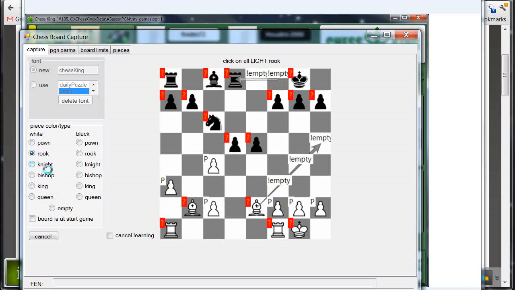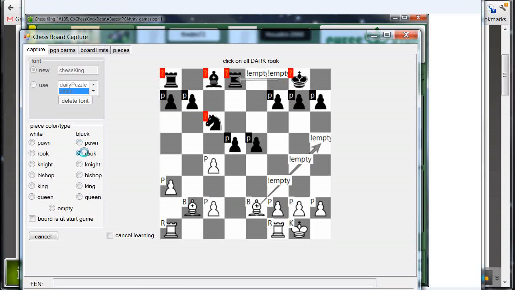And let's do the rook, and let's do the bishop. Notice the bishop has got this little arrow here, tail end of that arrow. So we'll click on that, we'll click on the other bishop, and we'll get the king. And it's pretty good about telling you how many squares you've got left to go. So let's just finish this off, get the black pawns,